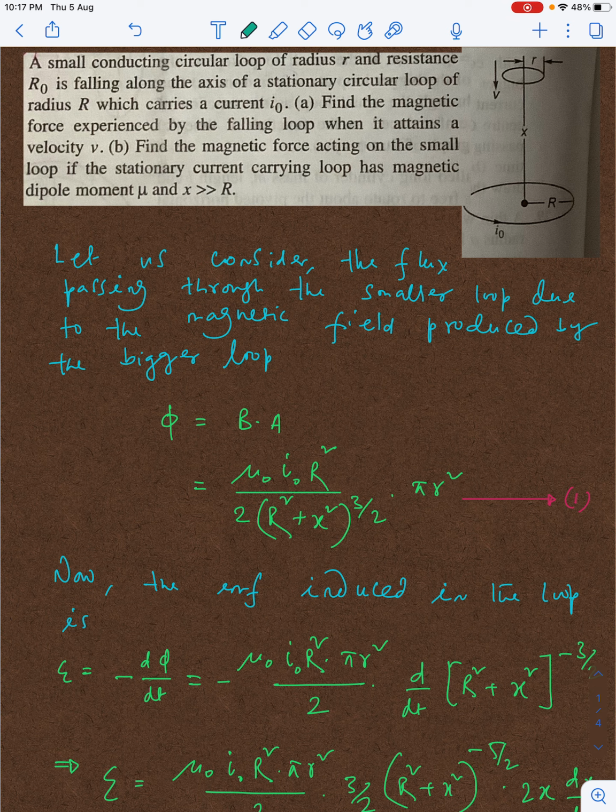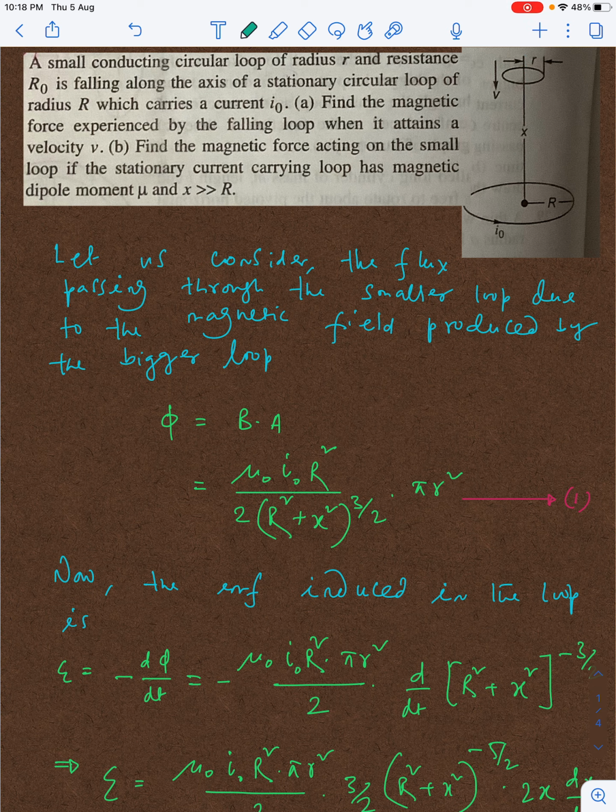So let's start. Let us think fundamentally what will happen. We know that a current carrying loop, or I will go for the basic, any circulating charged particle can be considered as a current loop, and we know that all current loops can be considered as a magnetic dipole. So it will have certain lines of force generated. If you apply the right hand thumb rule for this bigger loop, you can check that the magnetic field is coming in the upward direction. So definitely the magnetic field will cut this smaller loop. Hence there will be a certain amount of magnetic flux through that smaller loop.